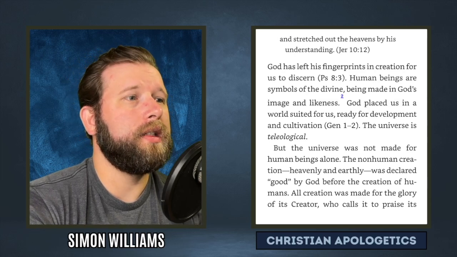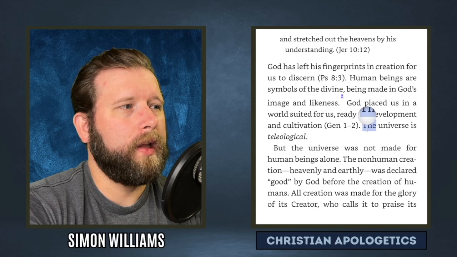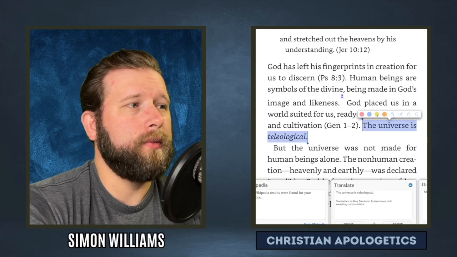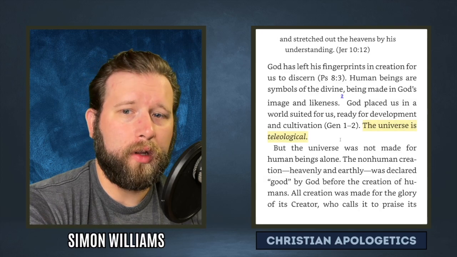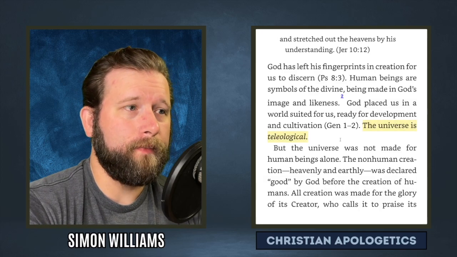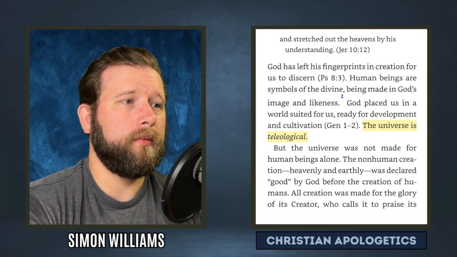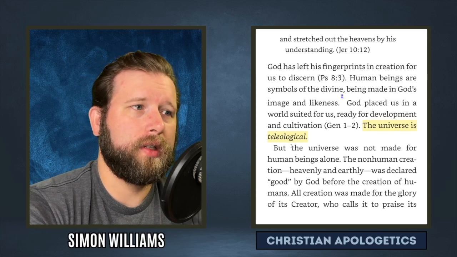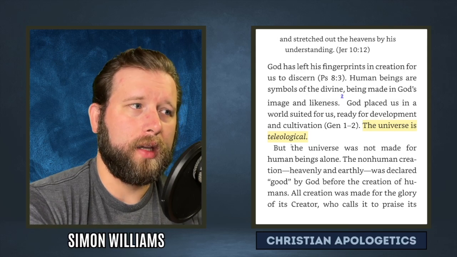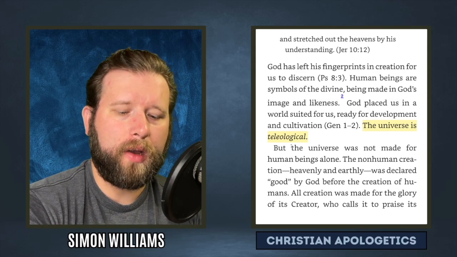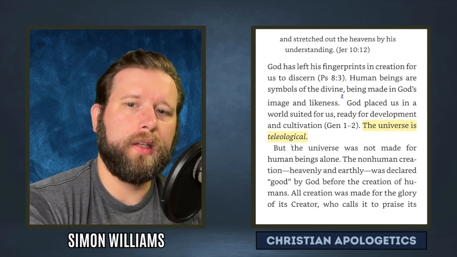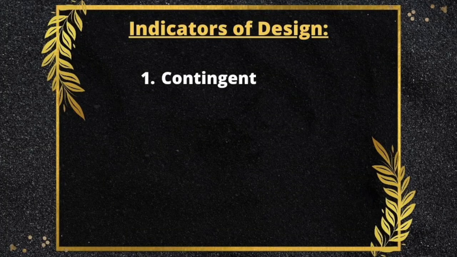The universe is teleological. So let's highlight this right here. The universe is teleological. Now, oftentimes you'll hear people call the fine-tuning argument the teleological argument. And this word teleology is just talking about purpose. There seems to be purpose behind things. And Dr. Groothuis is going to be talking about how we can determine whether or not something is designed. It deals with three things: contingency, if the object is contingent, which pretty much everything is.